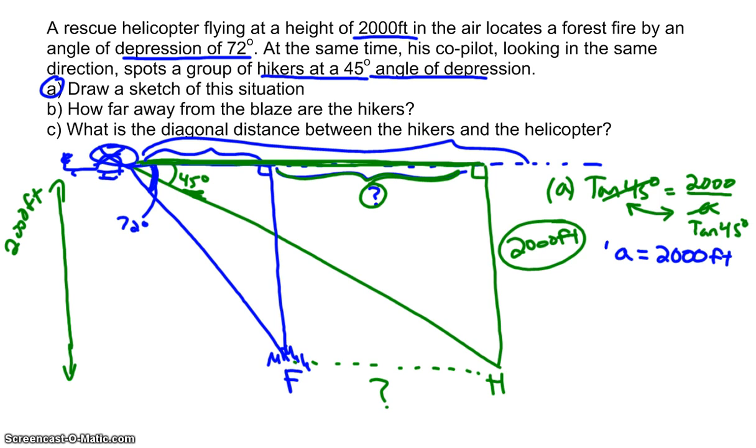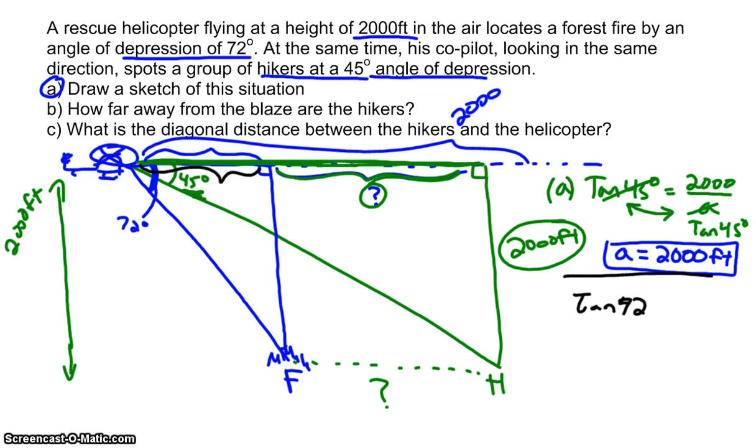Okay, so I know that the long distance here is 2,000. Now I need to find this shorter distance. I need to find the distance for this blue triangle right here. Again, I'm going to set up my right triangle trig, which will tell me that the tangent this time is of